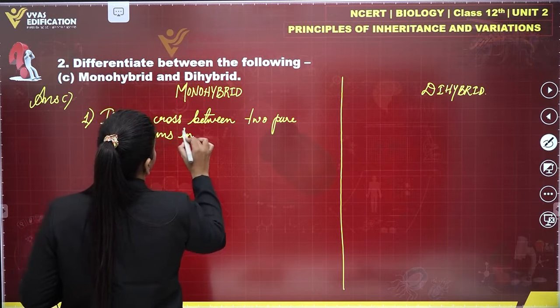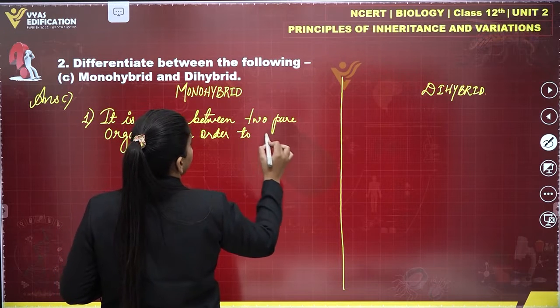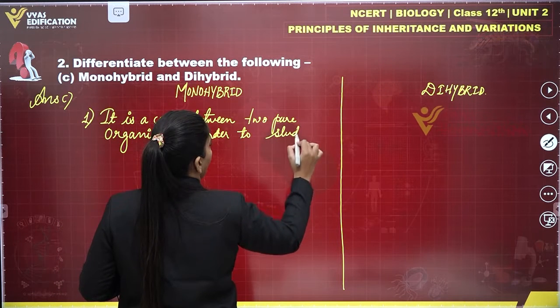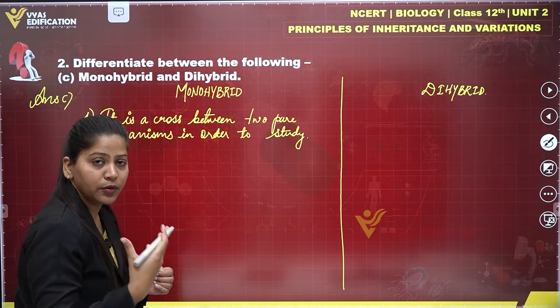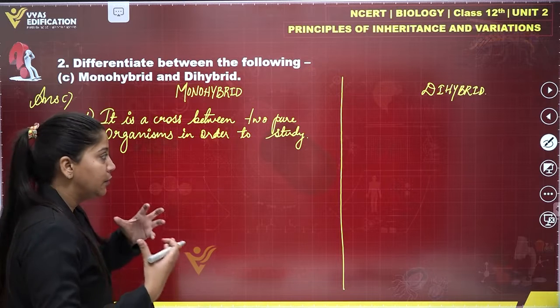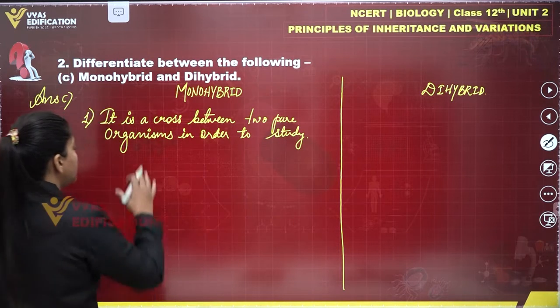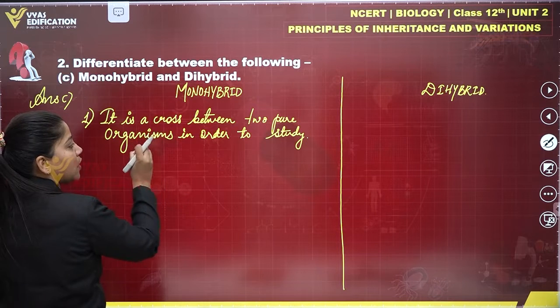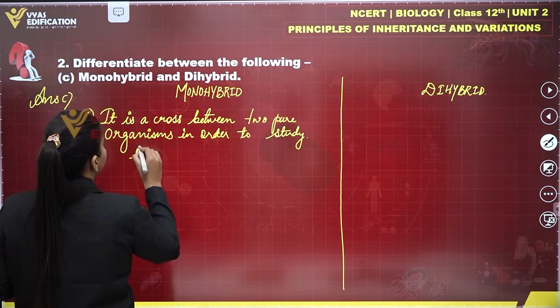in order to study. Why do we do these experiments? To study the inheritance of genes, in order to study the inheritance of alleles for a trait. We want to see how a trait is passing from parent to offspring generation. So monohybrid is a cross concerning the study of inheritance of only a single pair